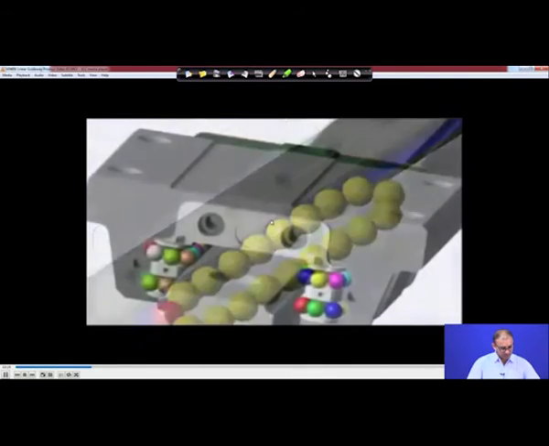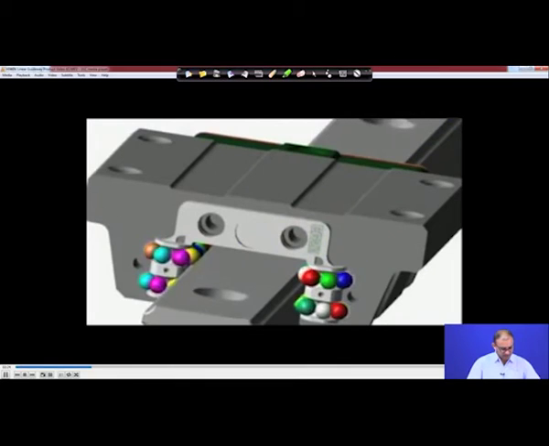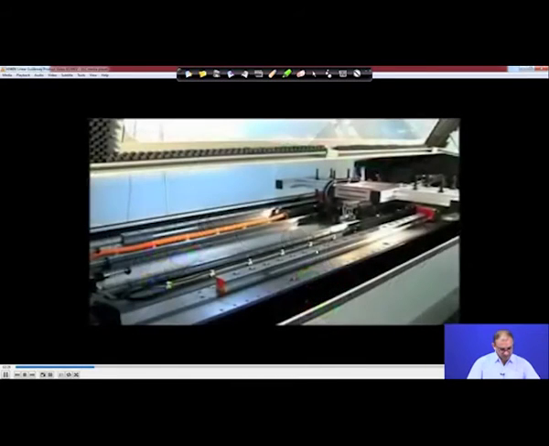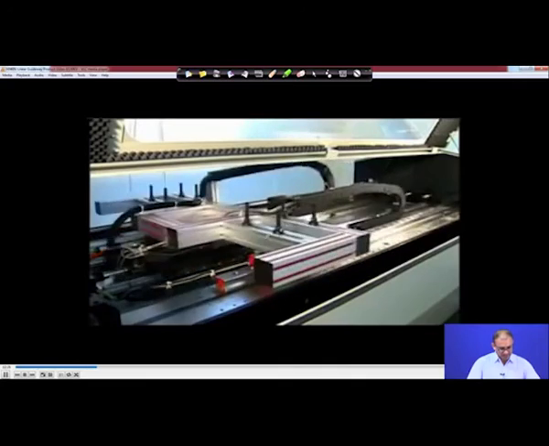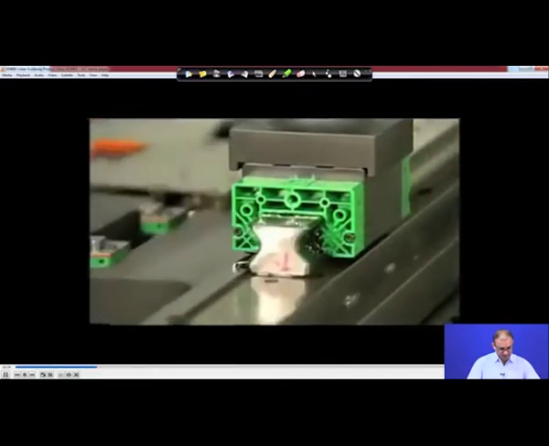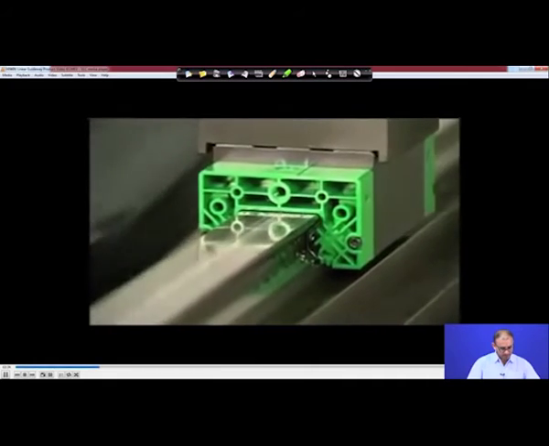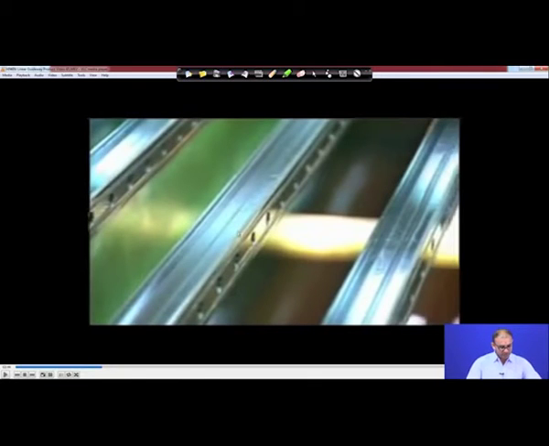And we have seen that if the contact is a ball point, there is no issue related to friction, very little friction is there. So, these are the number of balls which can be used, and these are the applications by which you can get the things done. These are the sockets from where you can get this. Another advantage is that you are using a box type of structure. So, stiffness is very, very high in this case, because with other cross sections, like a circular one, stiffness is less, but here it is a box type and a structured thing, with different types of ribs. So, your stiffness will be very, very high in terms of straightness and load carrying capacity.